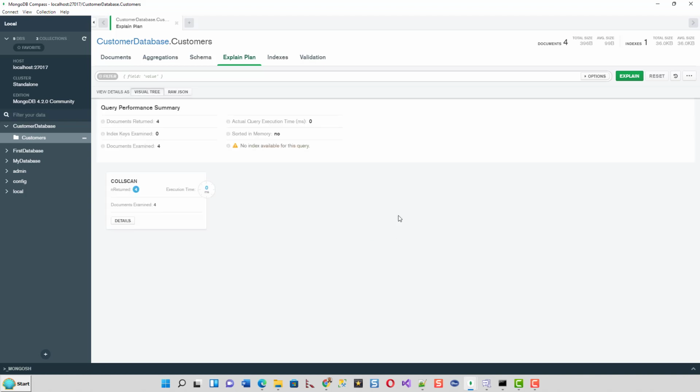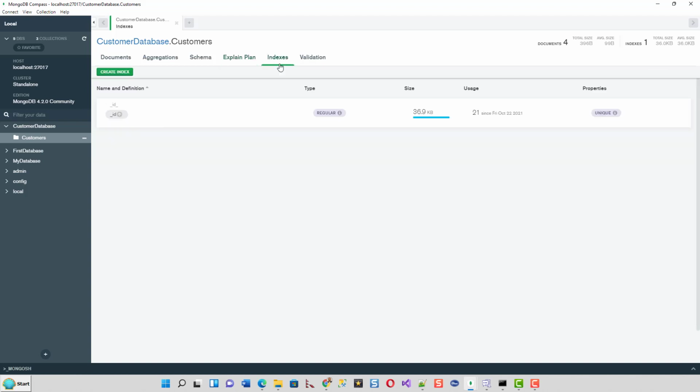Execute explain. So at this moment, documents returned 4, index keys examined 0, documents examined 4. Okay, so not much use at this moment, and indexes is primary key. Now the name and definition is ID, and size is 36.9 KB, and this property is unique.